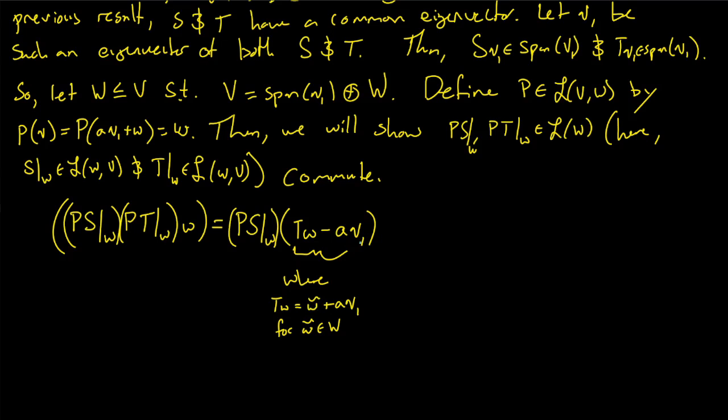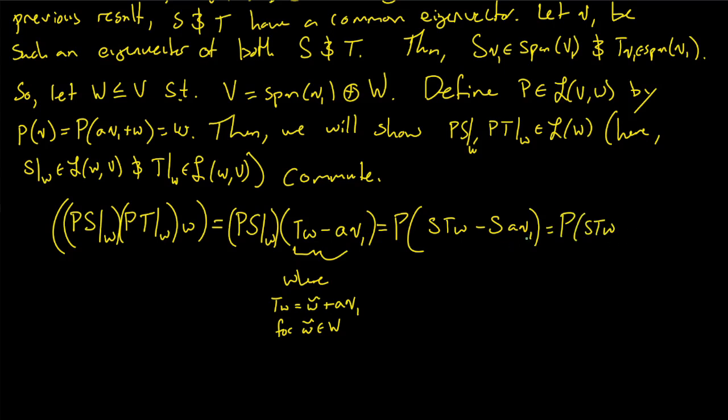So let's just write it as a subtraction. Okay, cool. Now when I do this, all I have to do is just write what goes on here. So now I have P applied to, well, I'm going to take S and apply it to TW, and then apply it to AV1. So now I will get STW minus SAV1. But hey, this is just equal to P of STW, and I'm applying S to AV1, but